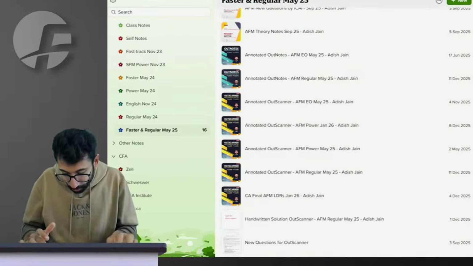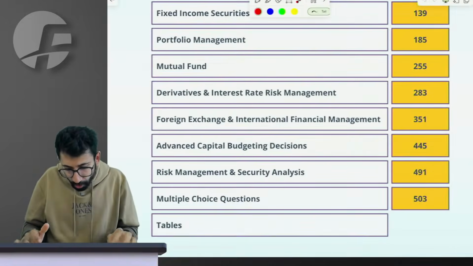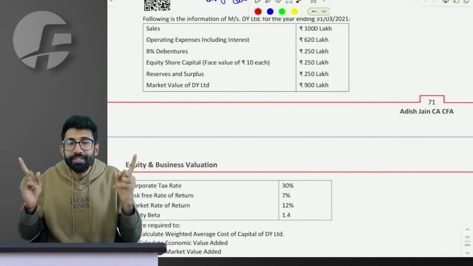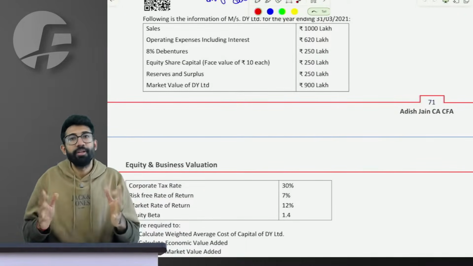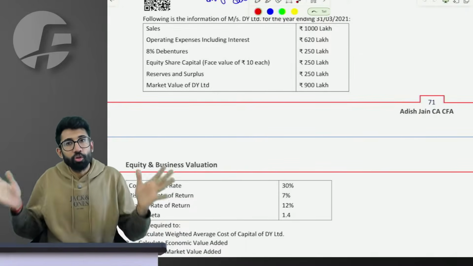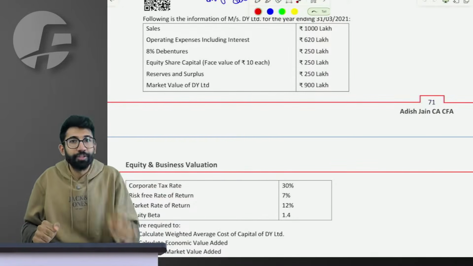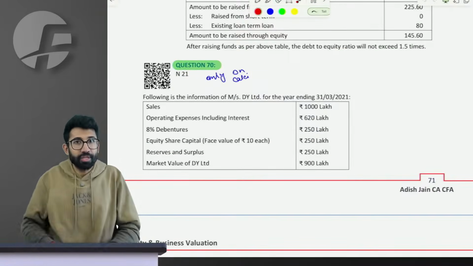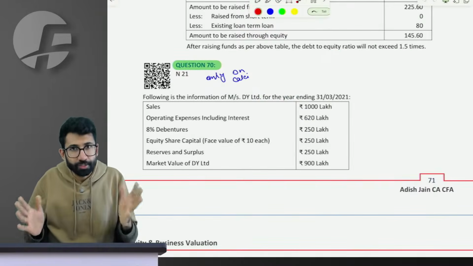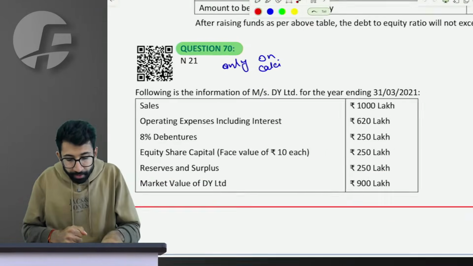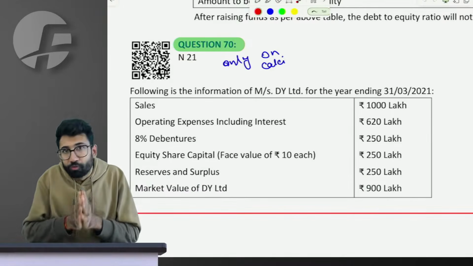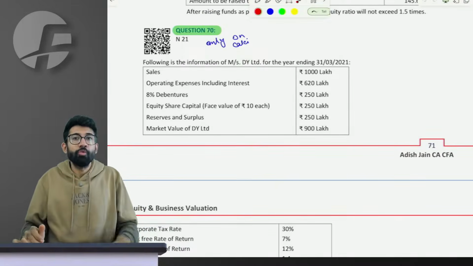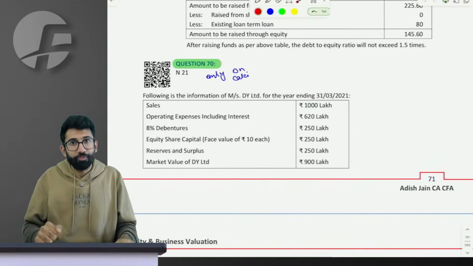Then is the OutScanner. The question bank, which has compilation of all the questions of RTPs, exam papers, MTPs, study material and other institutes publication. So all those have been compiled for you, which is relevant for you, right? This OutScanner, as you see, every question has a QR code. For almost all the questions, for most of the questions, you will find that when you scan the QR code, you can watch the video solution of that particular question as many times whenever you want. This is the facility which is there along with the OutScanner.